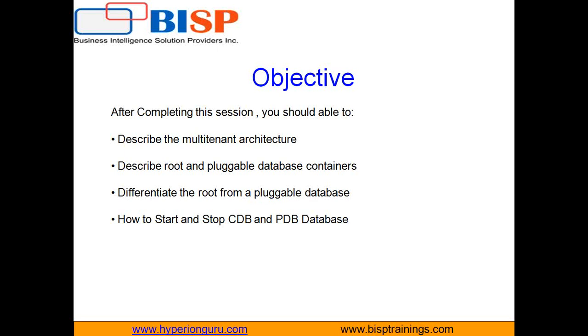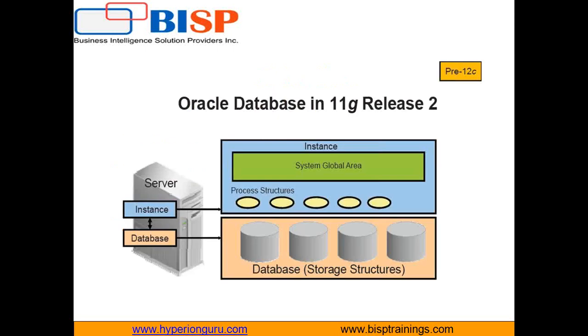Prior to this, in Oracle Database 11g, we had only one instance and one database, or multiple instances, that is the RAC environment and the non-RAC environment. But in one instance, you have only one database. Here, under one instance, you have multiple databases. So we will see the architecture of Oracle Database 12c, that is the physical level architecture. Next, prior to Oracle Database 12c, what is the architecture?